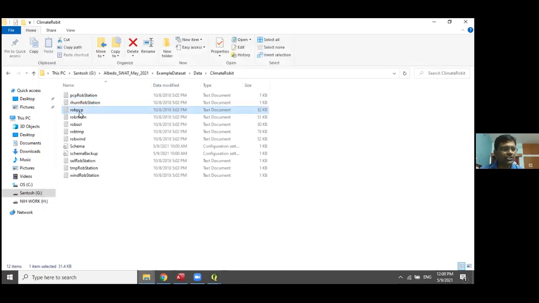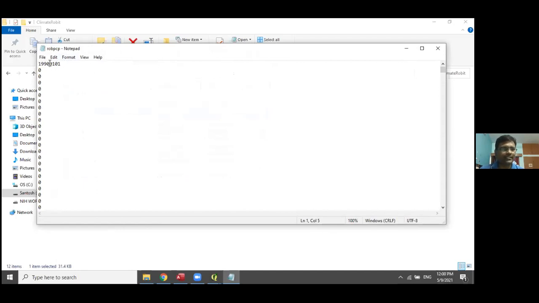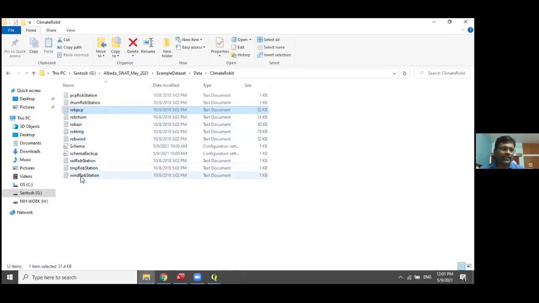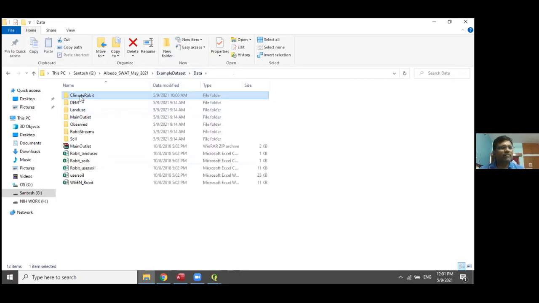Then you can see the corresponding daily precipitation statistics. As I already informed you, SWAT works on daily basis inputs, so this is the input you have to provide. This is the daily rainfall data. Similarly for other variables, so this is the complete climatic variable set.